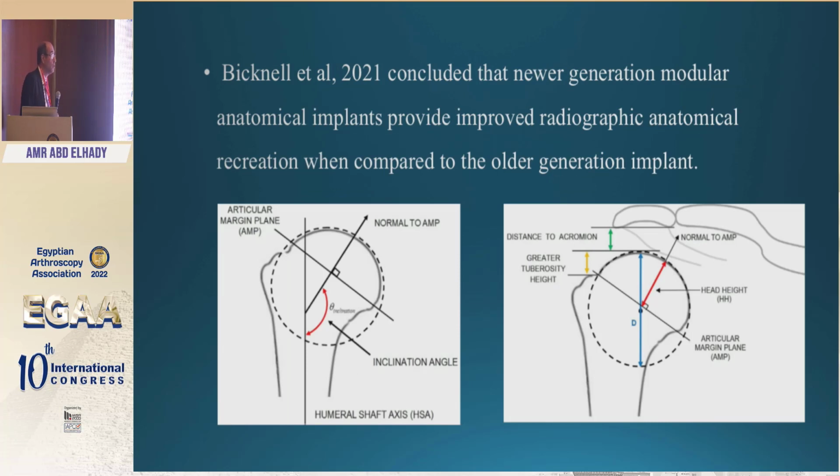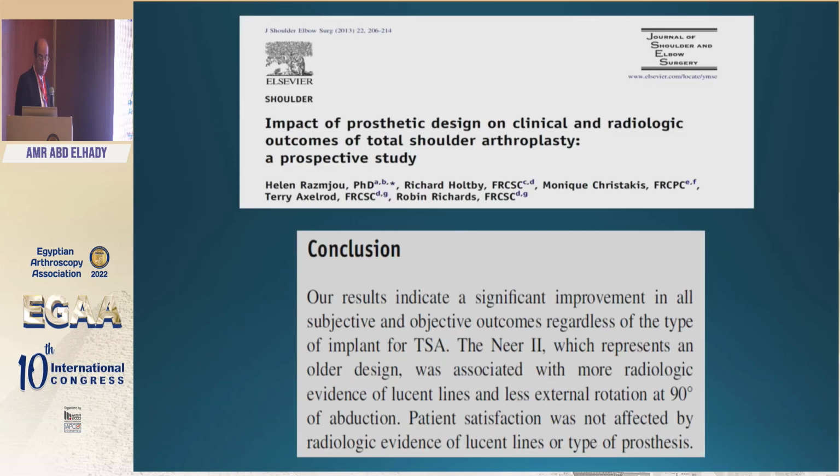Bicknell in 2021 concluded that the newer generation anatomical implants provide improved radiological anatomical recreation when compared to the older generation. These new designs can keep the humeral head acromial distance and match the normal anatomy. Very good. But